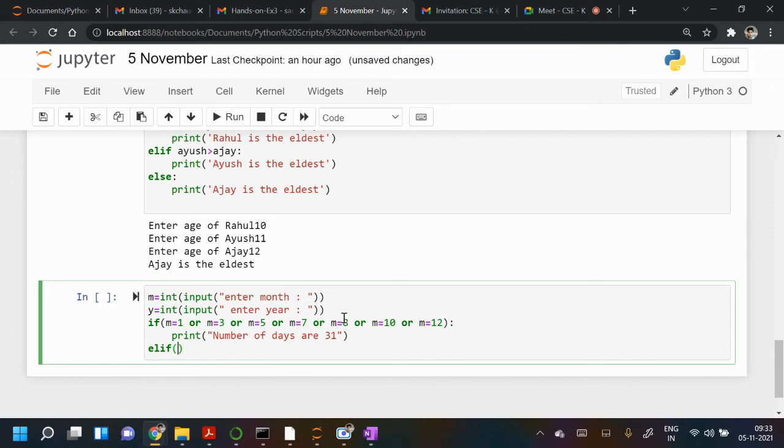So if m is equal to 2, it means it's February, as well as if it is a leap year. So how will I check leap year?